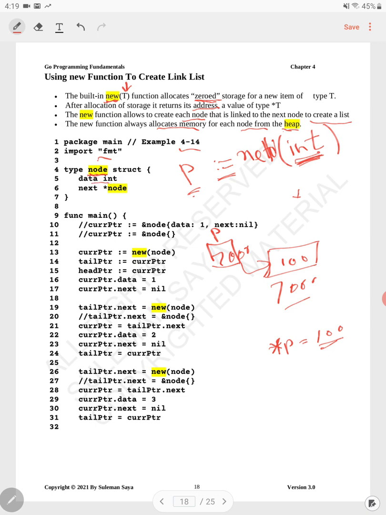One will be of integer type. The other one, which is at line number 6, is going to be of type node itself. But in this case, as you can see right here, there is a star in there. That means this variable next will only hold the address. That's what it means. Next can only hold addresses. That's all. So when we do the new, right here at line number 13, I will get one